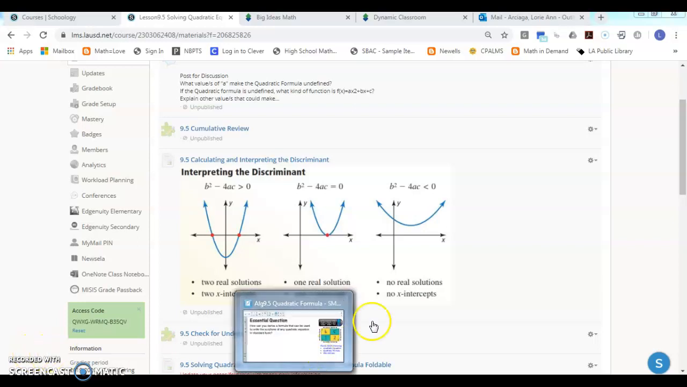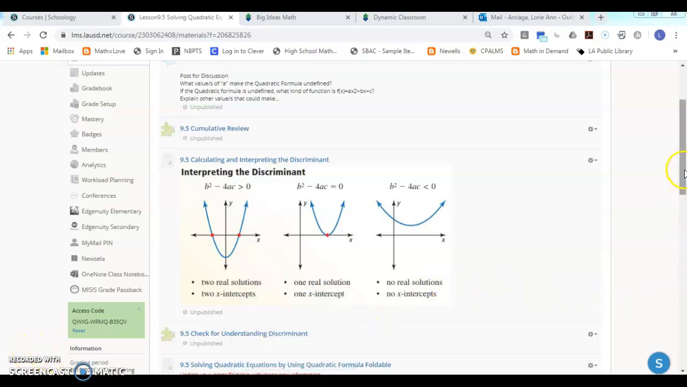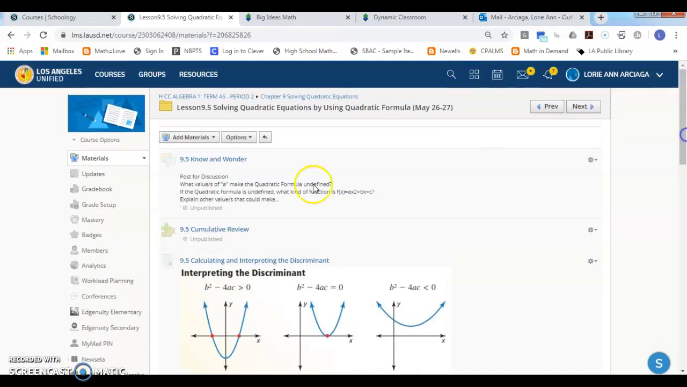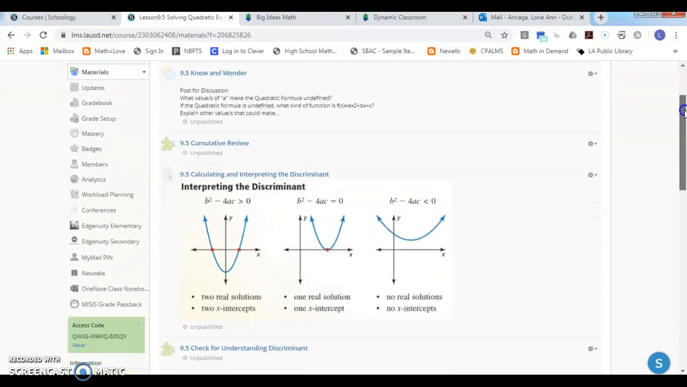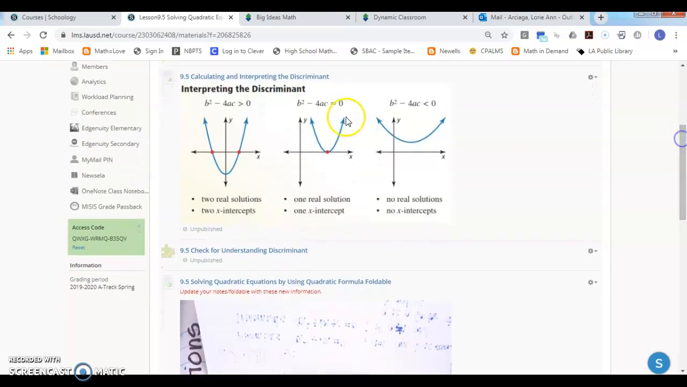We have been studying different methods for solving quadratic equations. So the last method we're going to look at today is by using the quadratic formula. Before we study how to solve using the quadratic formula, it is important to know what the discriminant is and